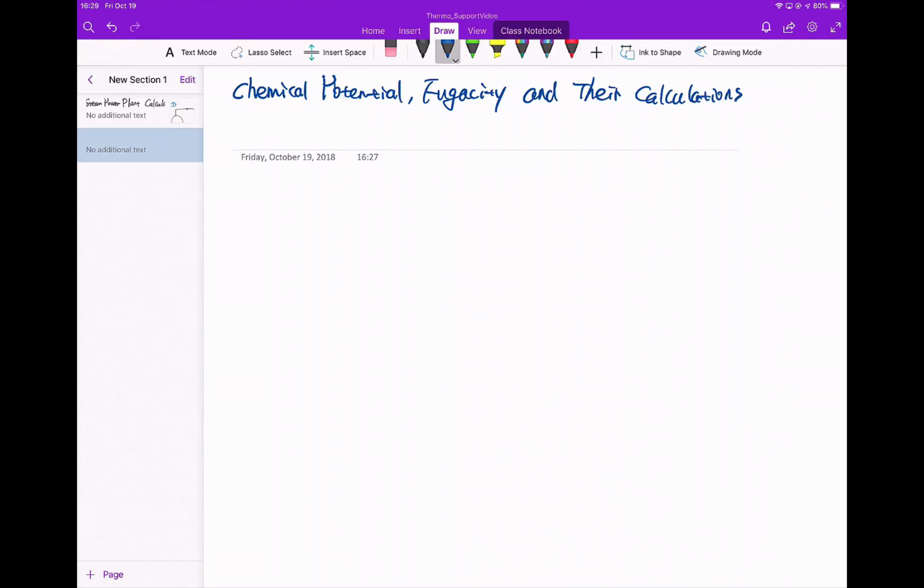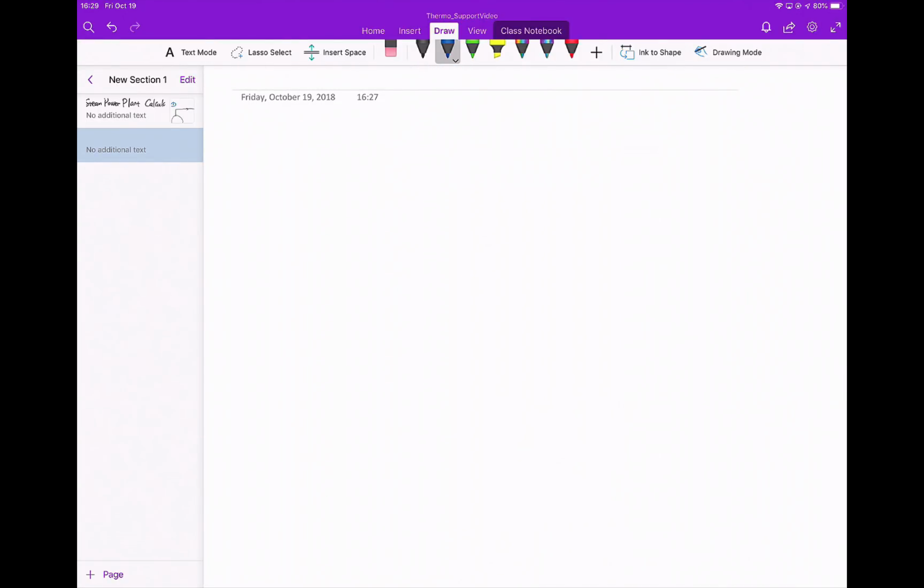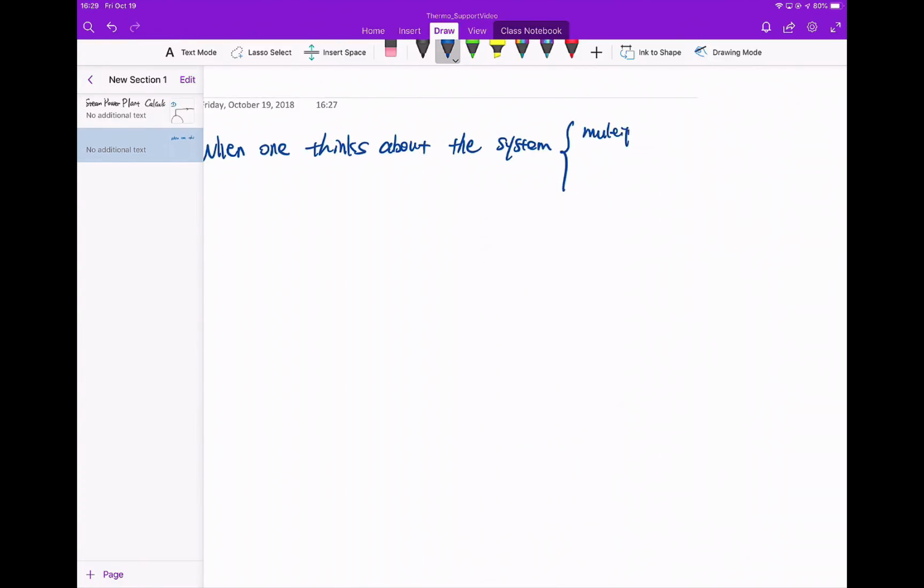First of all, let's try to recall together why we end up with doing this. So the reason is we are moving from when one thinks about the system that is composed of multiple components, multiple phases,